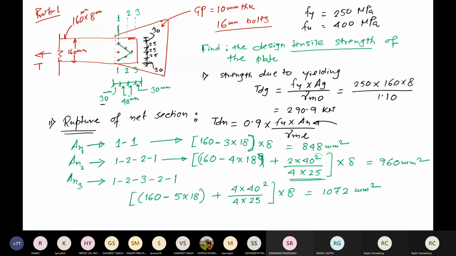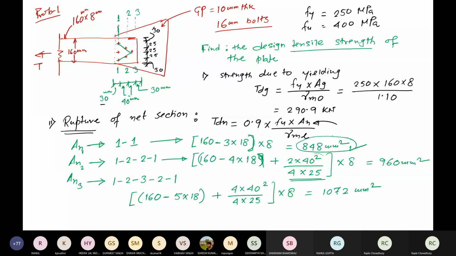Can you please elaborate why the minimum would always be critical? Yes, I do agree with you, but why would it always be critical? So we have the minimum area, our yield stress is fixed, so the minimum amount of load it would take is at the minimum area. That's why. I'll come back in a bit to different kinds of orientation of the bolted connection, and then I'll ask you another question. Okay, so if you are considering the minimum area, that means this one is to be considered over here.